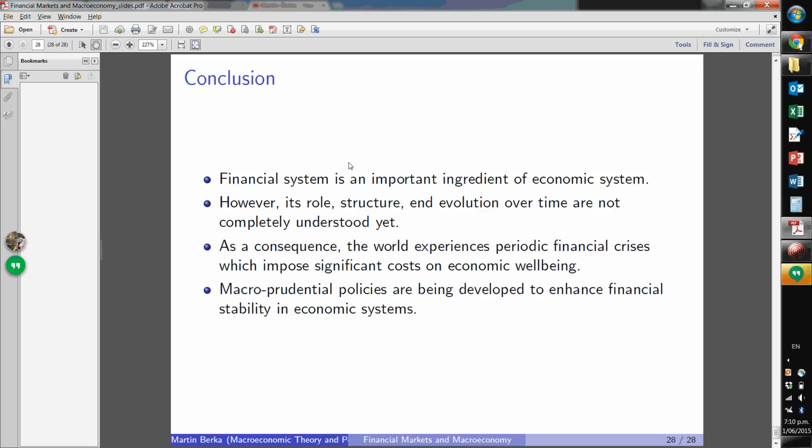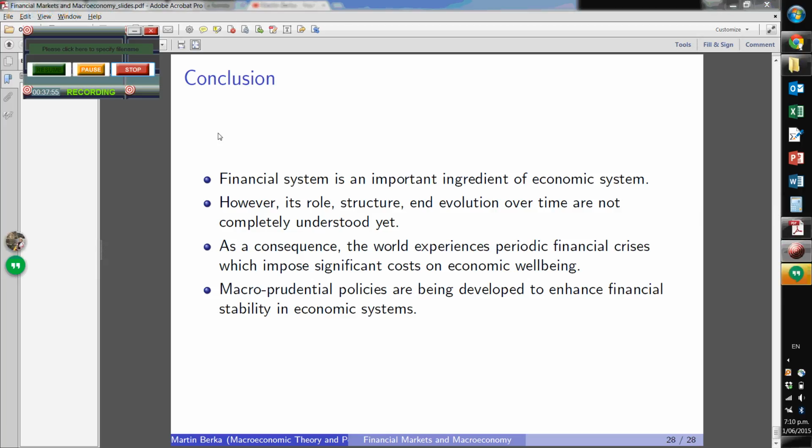They're heterogeneous across countries. And as a consequence, the world experiences a period of financial crises which impose significant economic costs or well-being costs on the whole country. So macroprudential tools are being developed to enhance this financial stability and avoid the proneness of financial sector to crises, to repeated crises. So this is basically what we will be examining when it comes to financial macro interactions, but